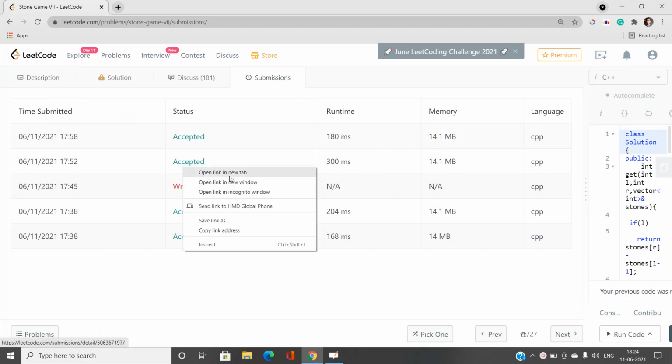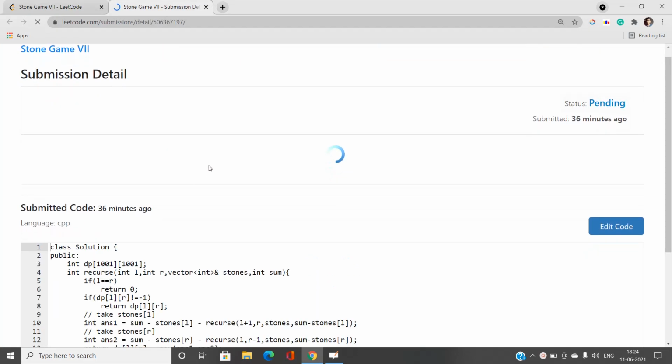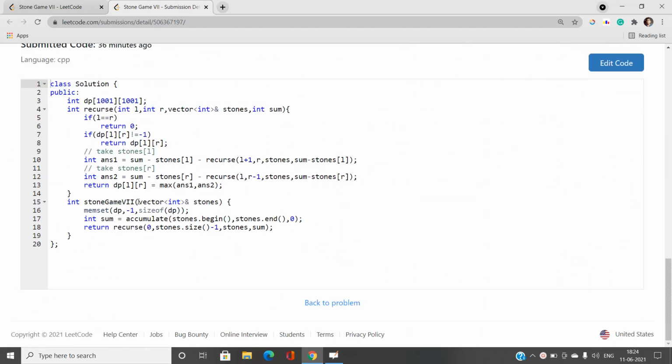Right, let's look over that. It is a very easy solution. DP, a 1001 by 1001 matrix, is globally defined and initially initialized with -1, and sum is going to find the sum of the entire array. Now recurse from 0 to n minus 1; initially I have this array, and we follow the top-down approach. This is the base case: if L is exactly equal to R, then if a player chooses that element, no elements remain, so the score becomes 0.